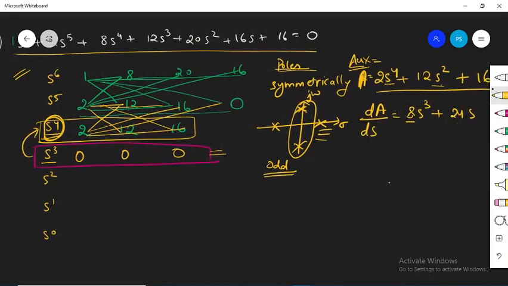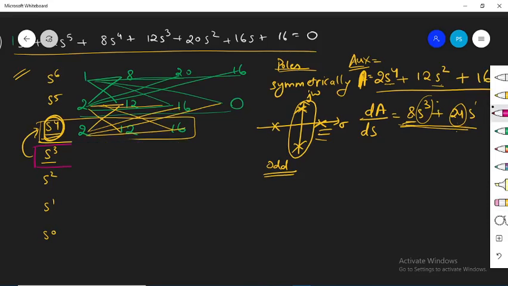Okay, the equation that has become 0, ये जो आपकी row है वो 0 हुई है, वहाँ पे आप क्या substitute करो? You substitute these values. यहाँ पे s cube का coefficient आ रहा है 8 और s to the power 1 का coefficient आ रहा है 24. वो values को आपको यहाँ पे जहाँ पे जो आपकी row 0 हुई थी वहाँ पे substitute करना है. So I will quickly rub this and this will become, this is 8 and this is 24, and then proceed